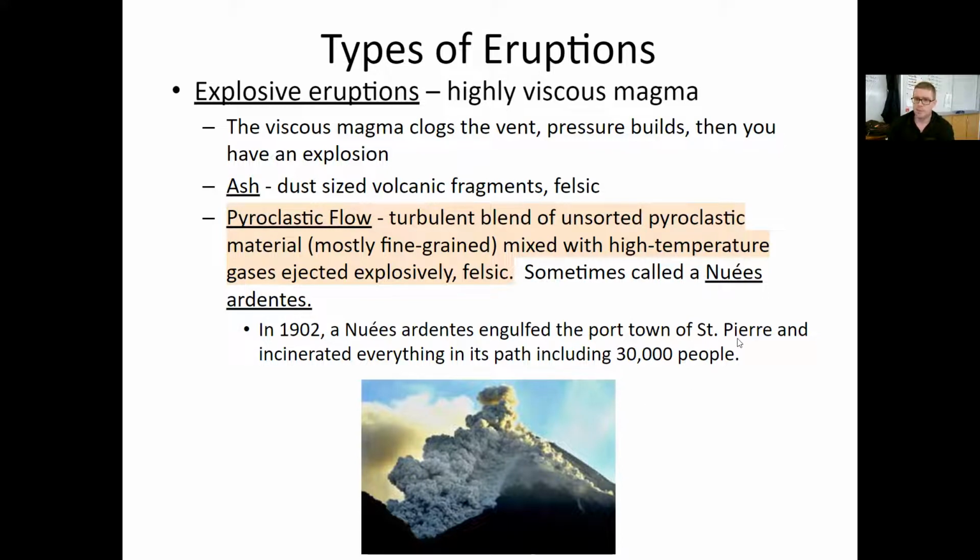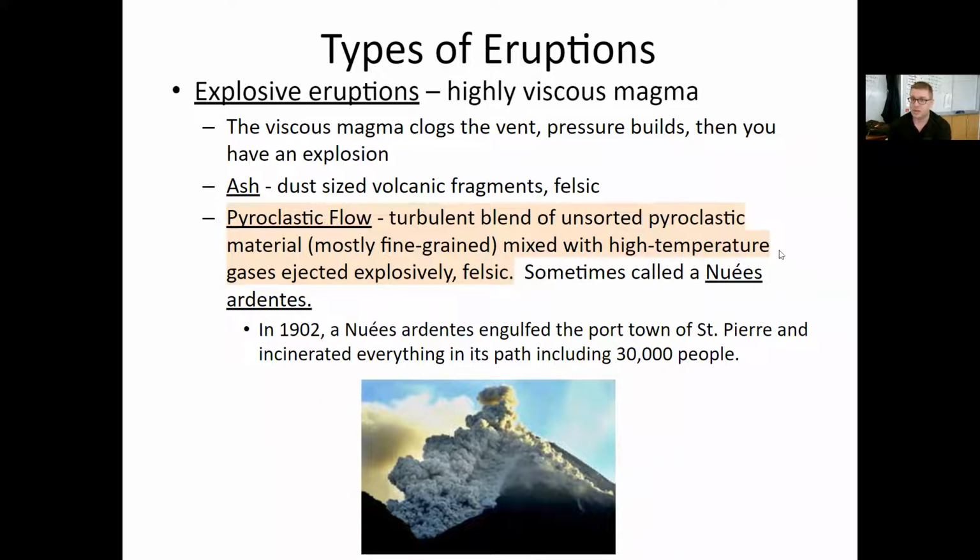In the town of St. Pierre in 1902, one of these pyroclastic flows came flying through when their volcano erupted, and it engulfed everything, incinerating everything in its path, including 30,000 people. So the pyroclastic flow